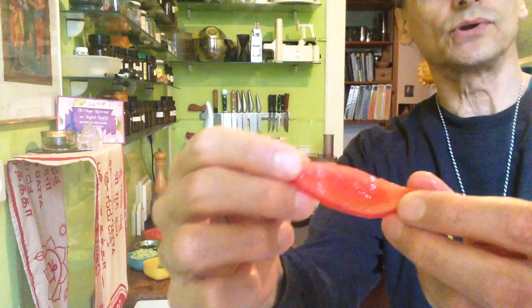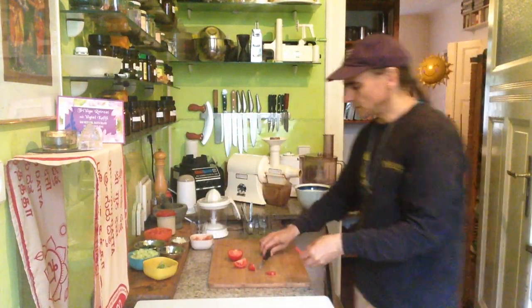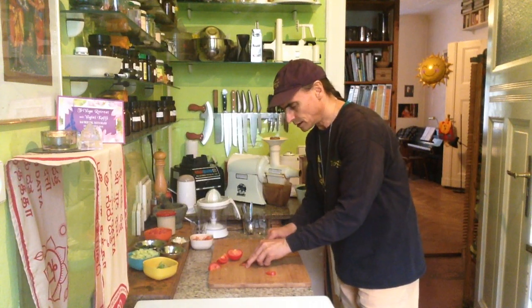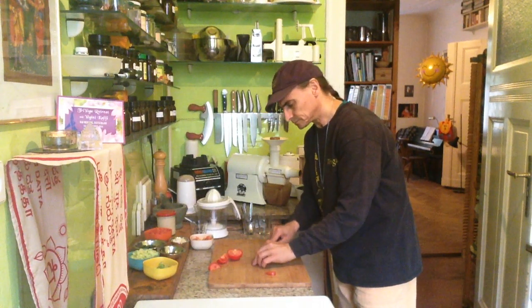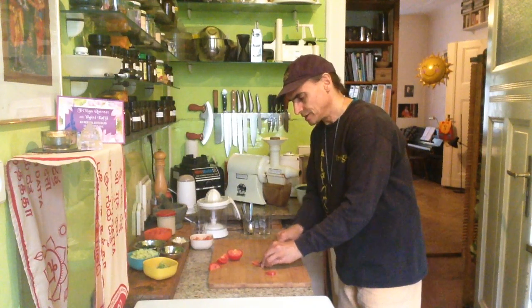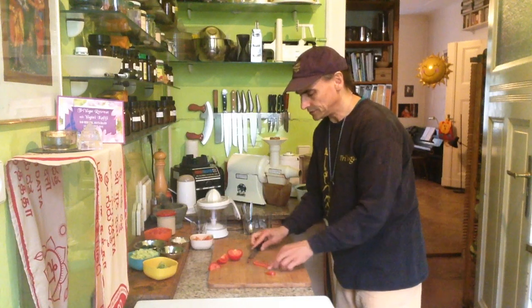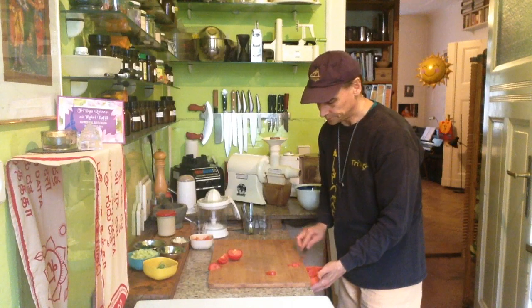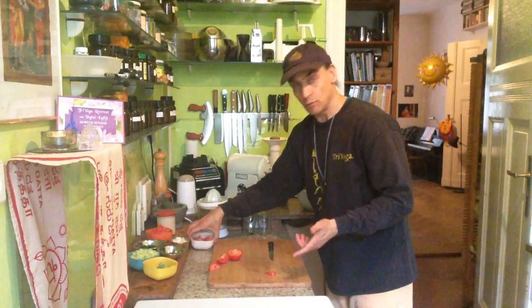I'll just show you how to do it. These little chips I have now, I can cut them into small stripes, very small, and then crosswise, and I have these little cubes. That's very easy. It takes some time. I have three tomatoes or so. I cut them into cubes here. I show you how to make the cubes, and the rest